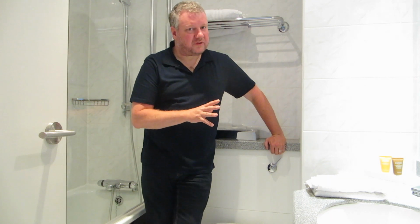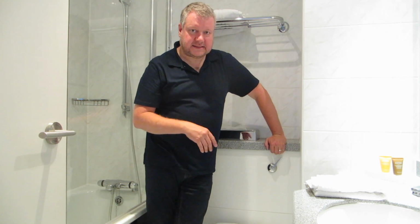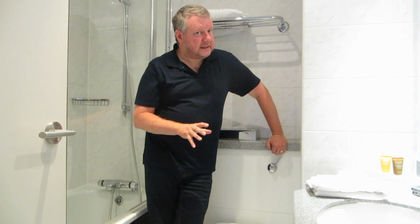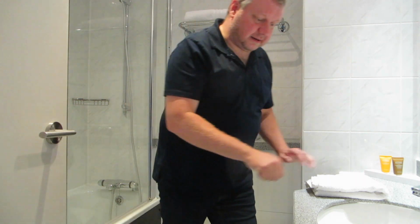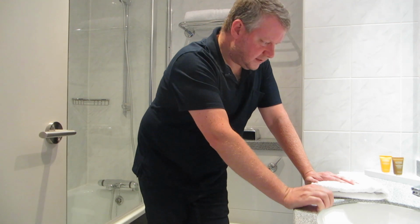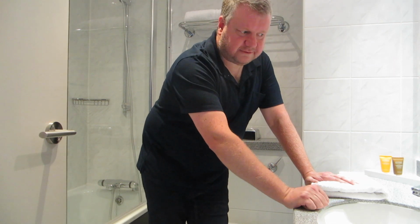Many hotels that I've stayed in of this sort of age, which I'm guessing is possibly around the late 70s, early 80s, are pretty standard. But it looks like all of this is relatively up to date, and it's potentially been redone in the last few years, because all the fixtures and fittings here look fairly new. Sometimes when you come into these places you can tell that they're showing their age. This isn't. It's certainly not cheap stuff, but it's, you know,